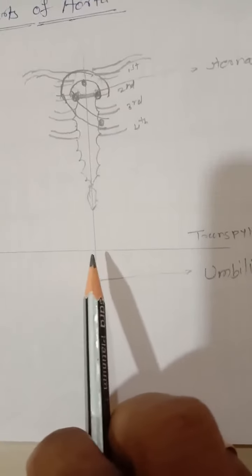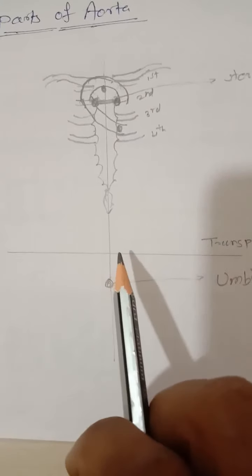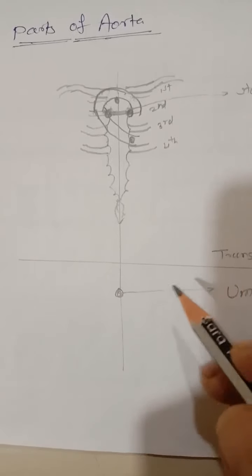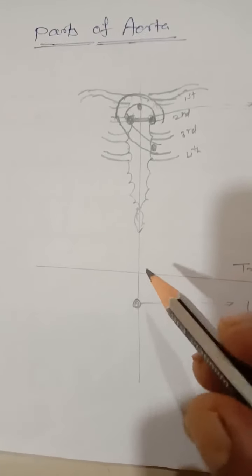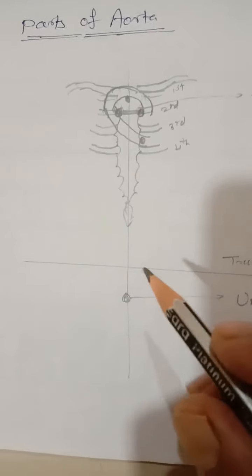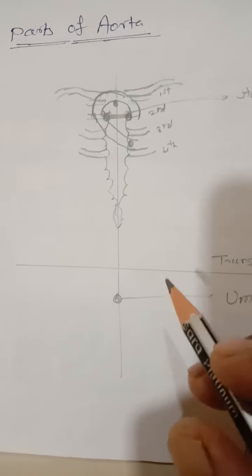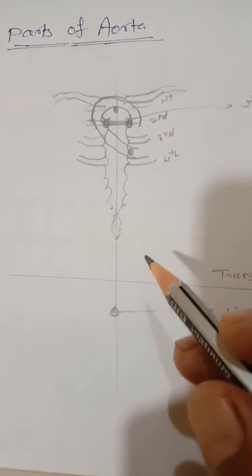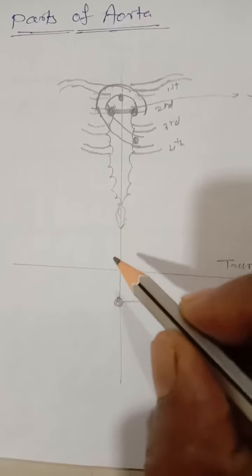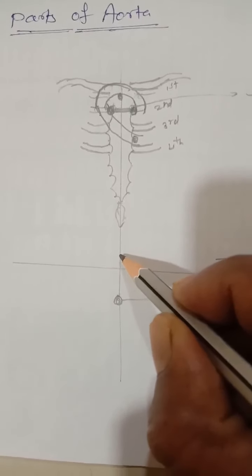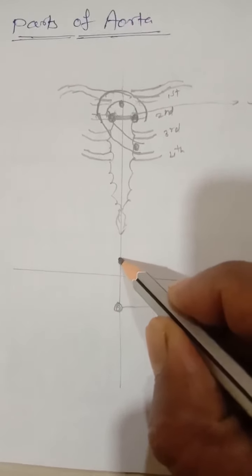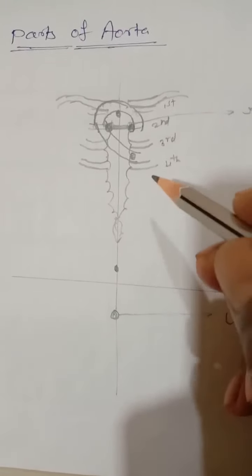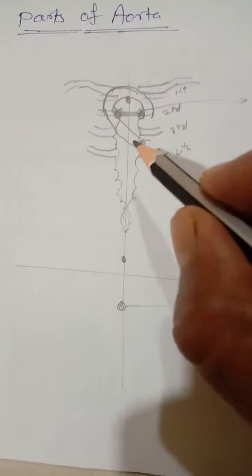So here we have to draw the transpyloric plane, which is present at the tip of the ninth rib. Okay. Then put a point 2 centimeter above in the median plane. So here you should draw 2 centimeter above the transpyloric line on the median plane. So here you can keep that 2 centimeter. Then again draw the two parallel lines 2.5 centimeter apart from each other.